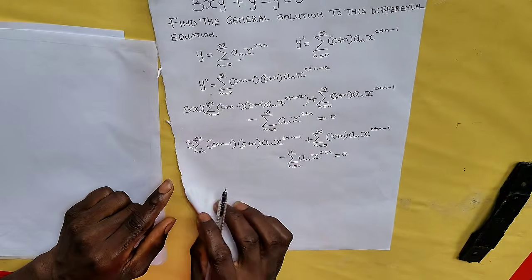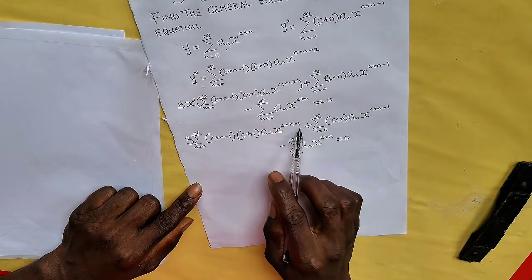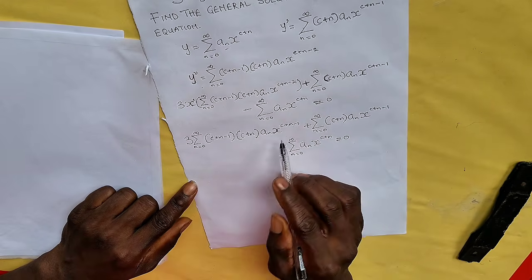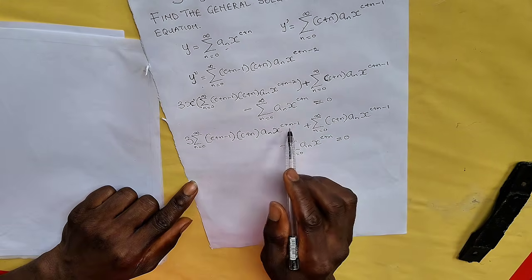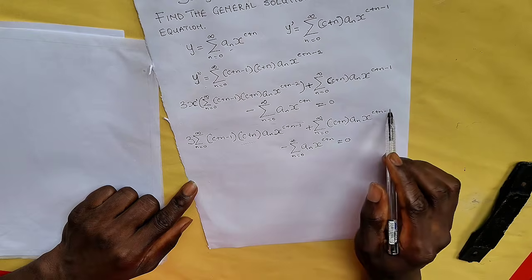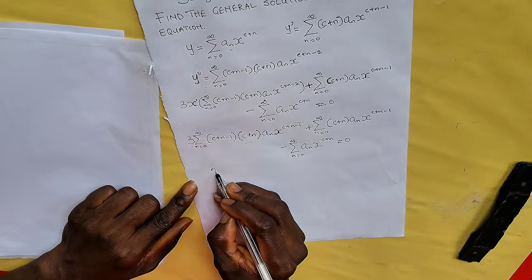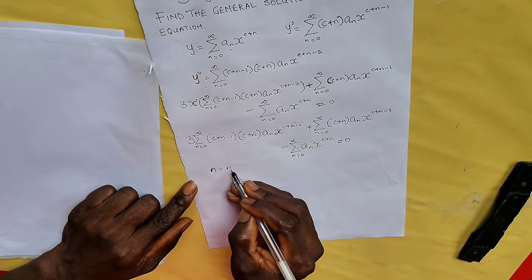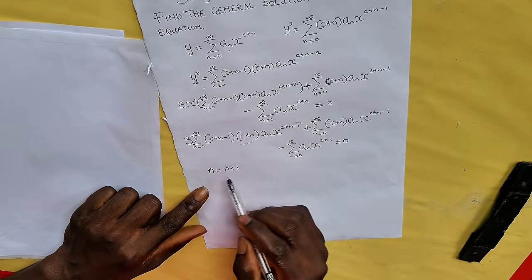Basically, anywhere I see n in this first expression and this second expression, because they both have the same power, c plus n minus 1, I'm going to say n should be equal to n plus 1. Okay, why did I say that? I basically want to make